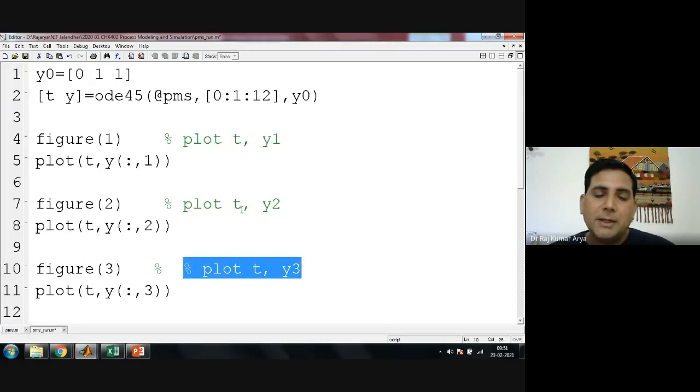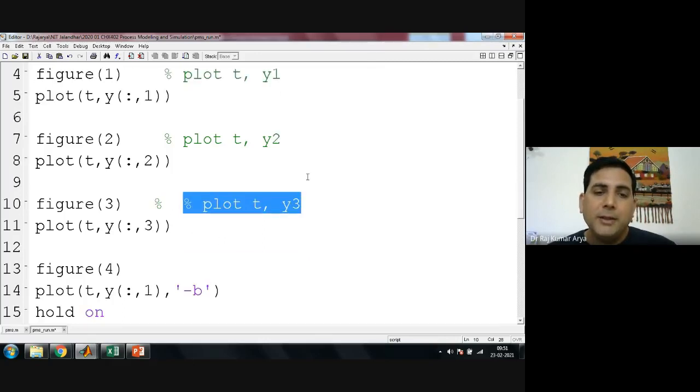So it is easy to understand each time if you are giving a proper comment. It would be easy for you also if you are opening the file after 10 years or 1 year or 2 years, because we always forget what we did here as far as programming is concerned. If you are not putting any comment, you yourself will not be able to recall what is happening here. So it's better to always give a comment properly about what you are doing here.